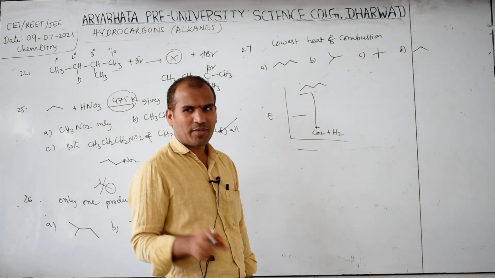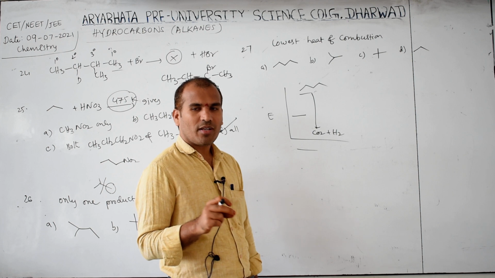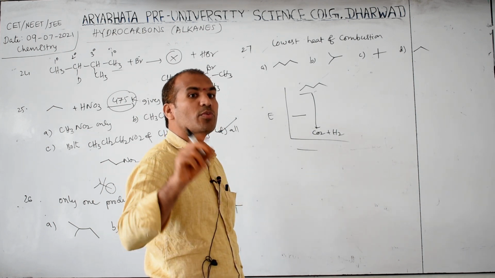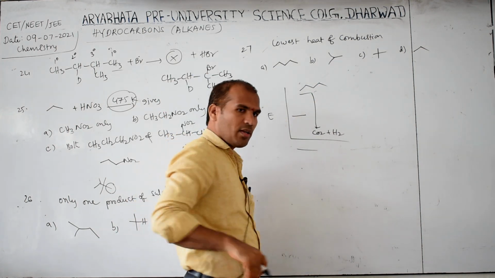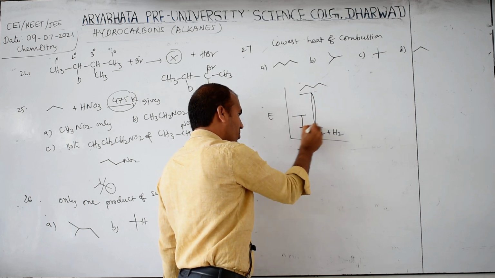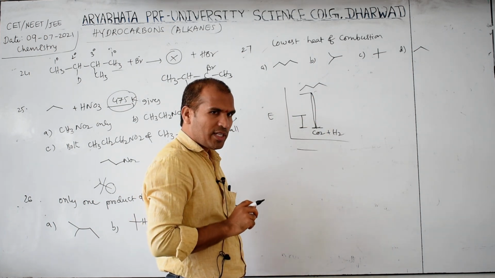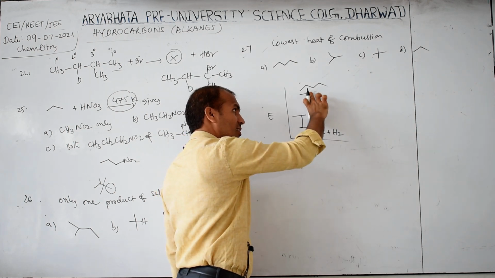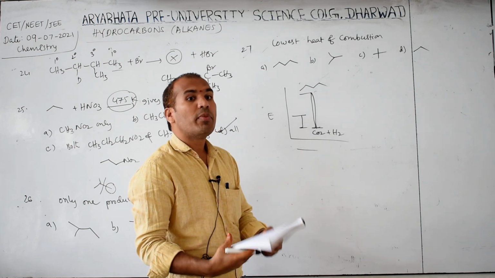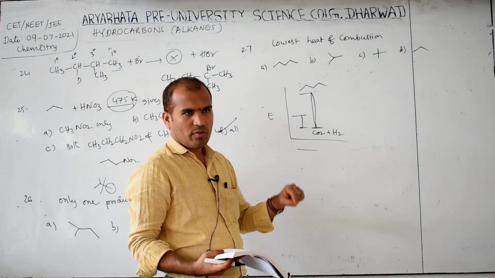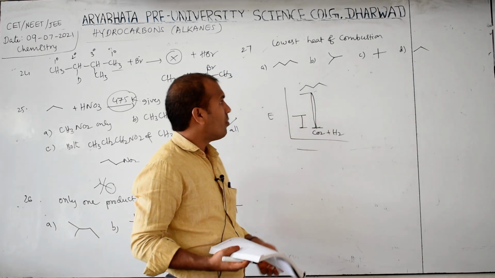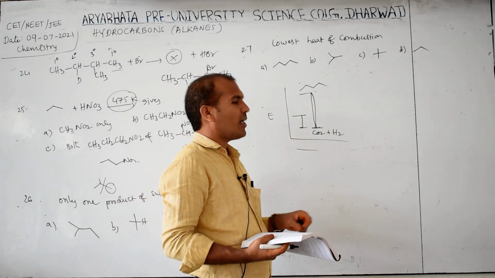I told you in thermodynamics, you remember or not. So heat of combustion is there. Combustion means compulsorily hydrocarbon gives carbon dioxide gas and liquid H2O. All are hydrocarbons, all give the same product. So this gap, observe, which has the lowest energy gap? This is more. So which gives the lowest heat of combustion? Branched gives the lowest heat of combustion. So which is highly branched here? C option. But one more possibility is there here.